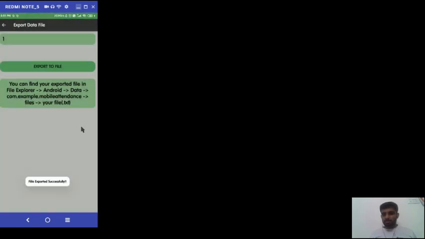Then there is a warning that shows you have selected the student name, which is Dhanraj Parmar's data, to write in the file. This is automatically detected from the database as per the roll number we have entered. If we don't want to export, then simply press no, and if you want to export, then simply press yes. So here our file is exported successfully.